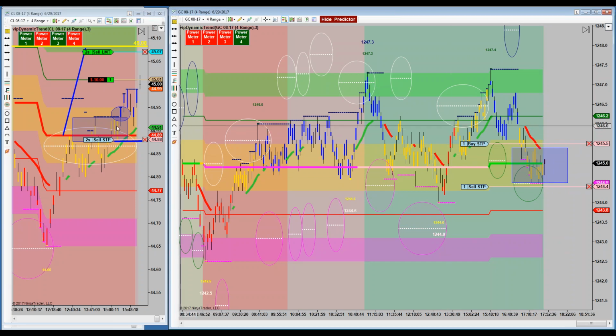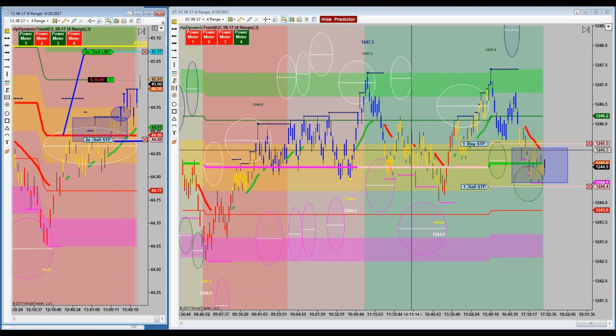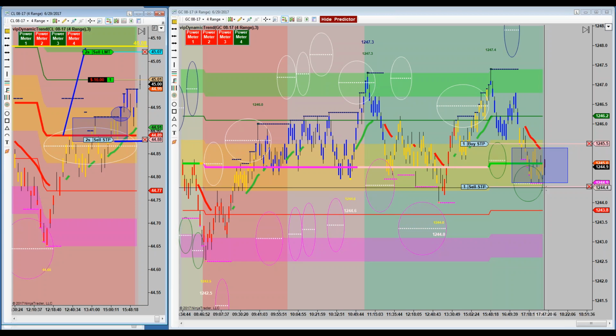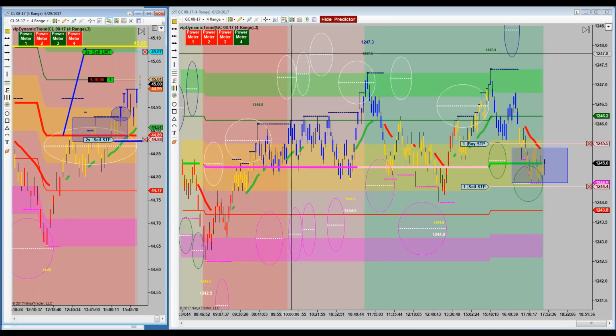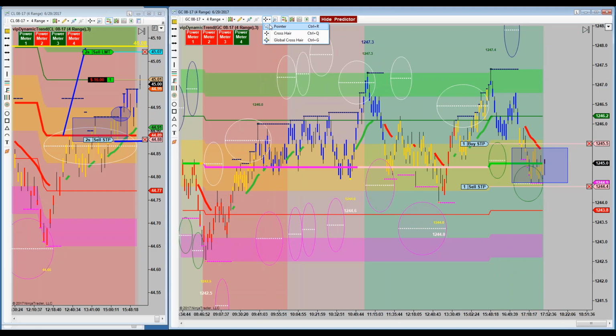See this box over here? Let's take a look at what the size of that box might have been there. The tighter wound the candles, so you're looking at 88 to 93. This is 5, 6, 8 ticks, a good ideal box because it's kind of like a coiled spring. It's getting ready to pop. Whereas over here, you can see that we've got a lot of wiggle room in here before it pops either way.